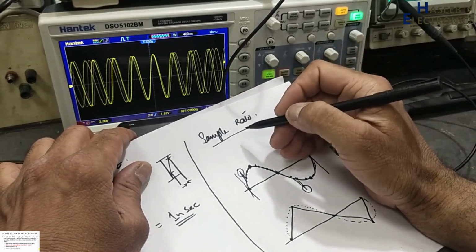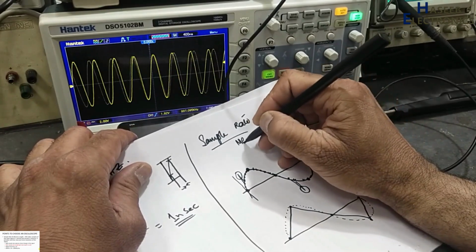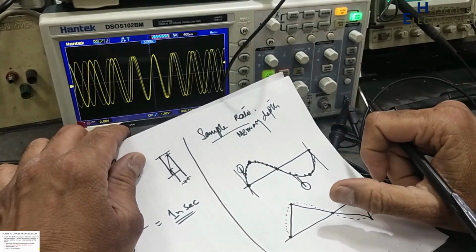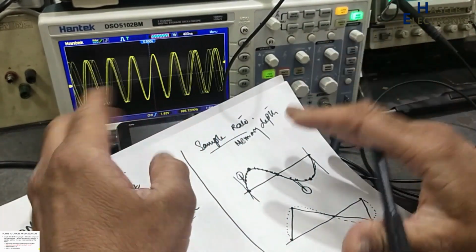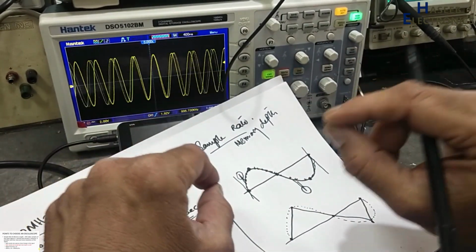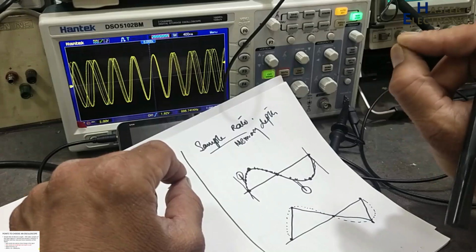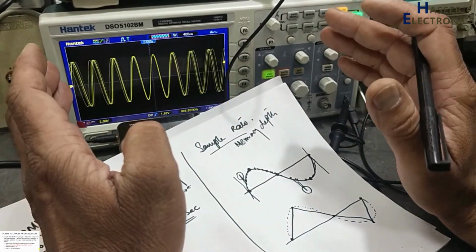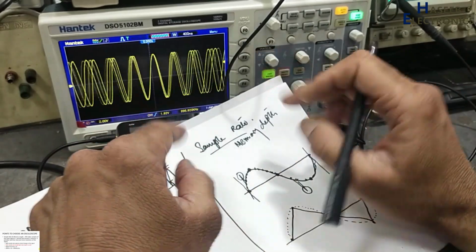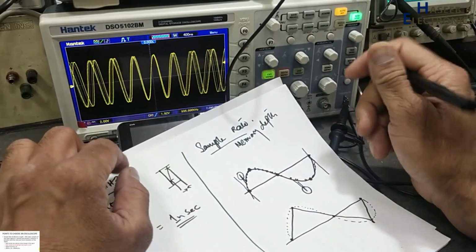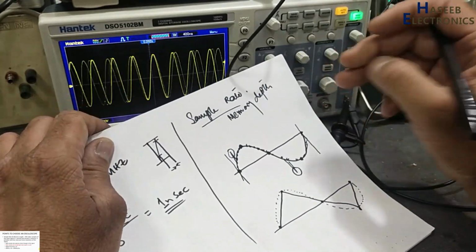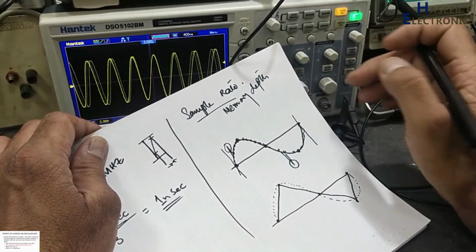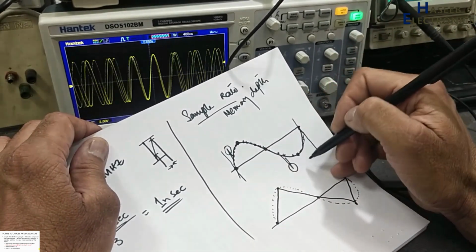Sampling rate and memory depth. Here are two things. Because it is a digital oscilloscope, it is microprocessor based. It will take samples and store data in memory locations. Then it will display on the screen. How large the memory is determines how much of this waveform data can be stored. If we are sampling at a higher rate, we need a large memory size to store these pulses.